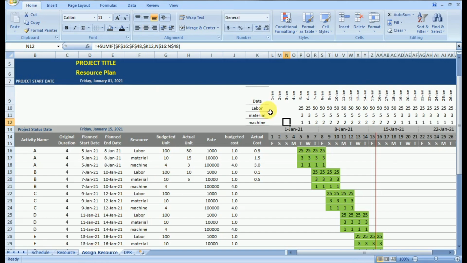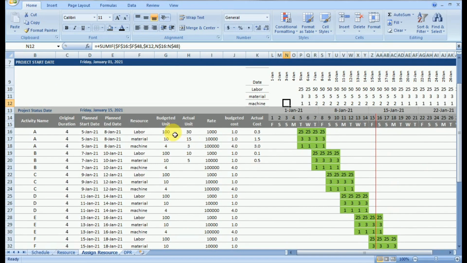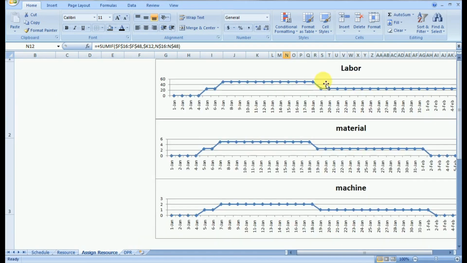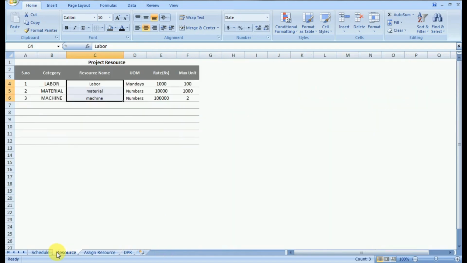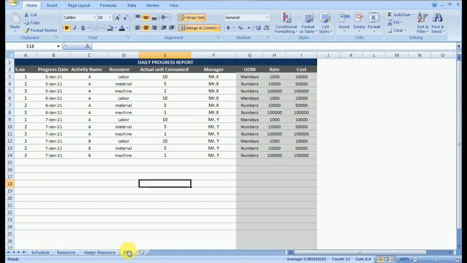We created the project resource, based on which we calculated the project budget, and we also found out the daily resource requirement, whether it's labor, material or machine, and plotted a graph out of it. But our objective today is to get the actual cost, that is, actual expenditure, so that we are also able to get what amount has been spent against the plan. So now this will be the full-fledged sheet sufficient to control any project.